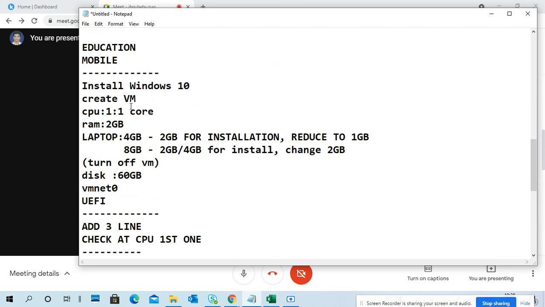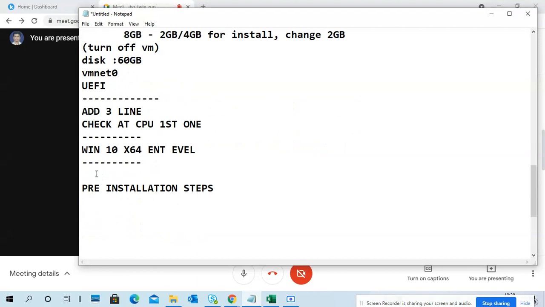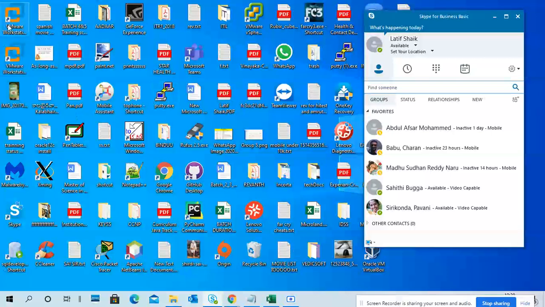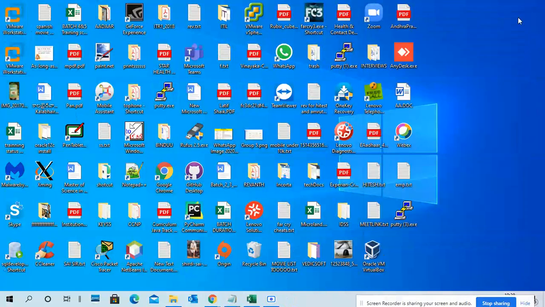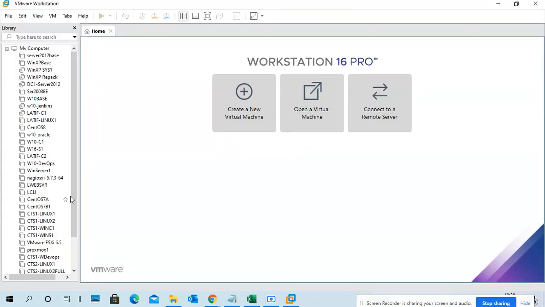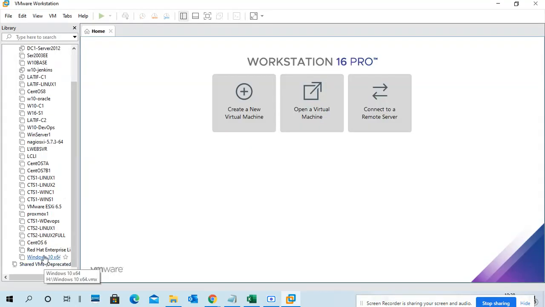Now we'll first create a virtual machine, then we'll go to the installation steps. First, open VMware. Yesterday I installed Windows 10, the downloaded activated version kind of thing, just for testing purposes only.